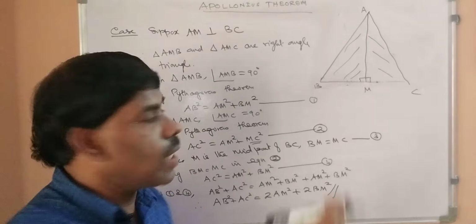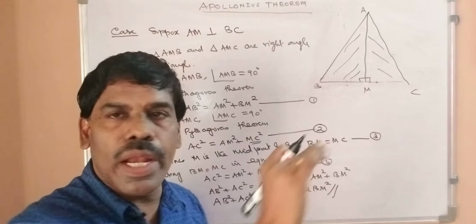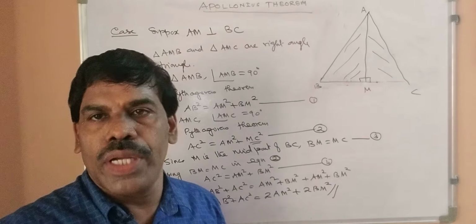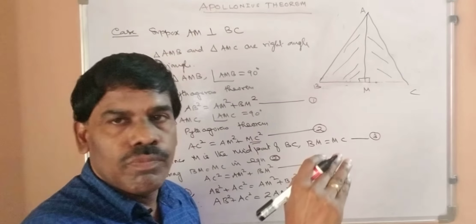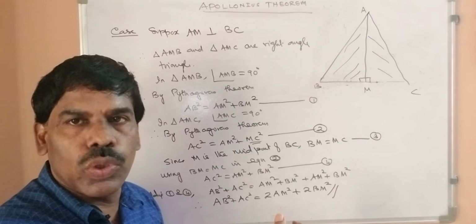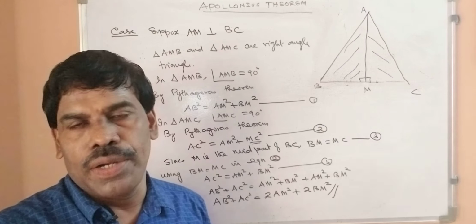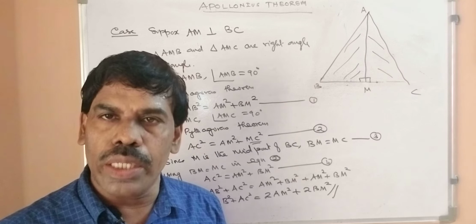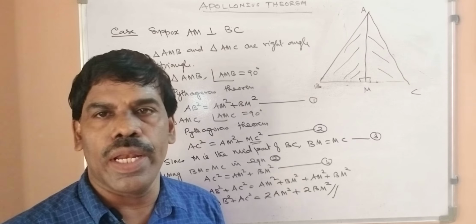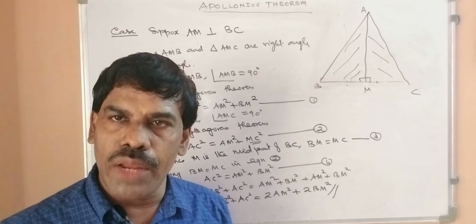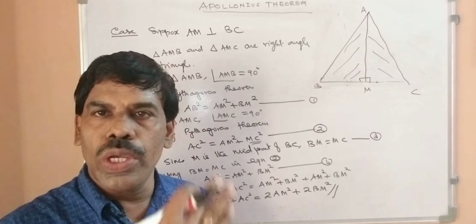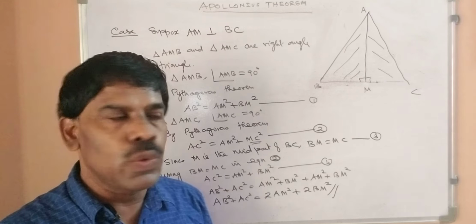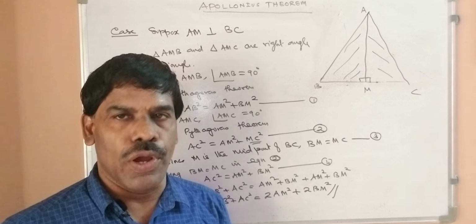Now case 2 is what? M is the midpoint also, that means M is the median as well as it is perpendicular to BC. In that case, we have got two right angle triangles. So use Pythagoras theorem immediately for both the triangles. You add both, then you have got the same result. So hence we proved Apollonius theorem. Apollonius theorem is a very important theorem which we will be using very often in mathematical applications and scientific applications also. So you have to understand the theorem and where we are going to apply it, and you practice it at home, it will become very easy for you. Okay, right.